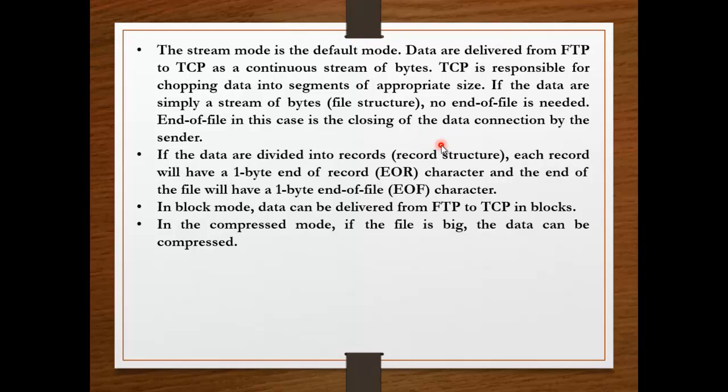So there is nothing to mention, this is one file, this is second file, nothing. If you have a movie, you just click on the movie and it will be downloaded as a stream of bytes. Whereas if it's a record structure or a page structure, you need to have an end of file and end of record or end of page. For a page, it's not a problem. You have a page number and page header, and you get them one by one.